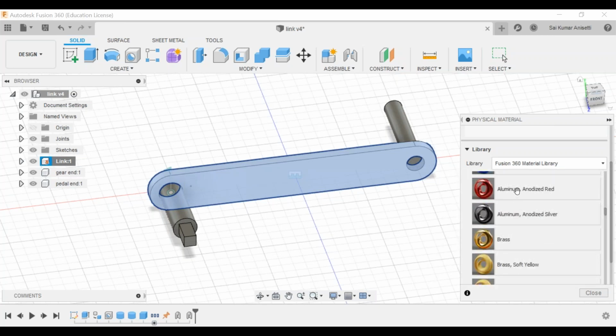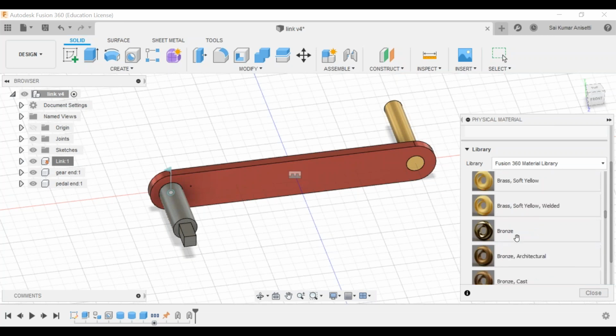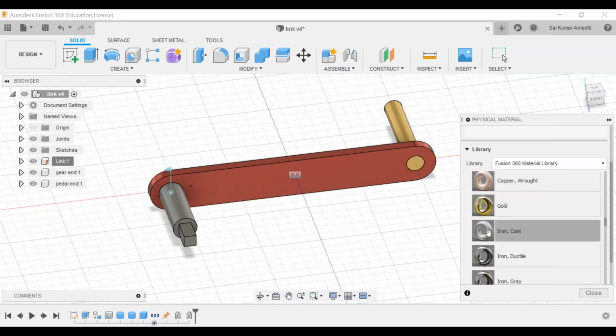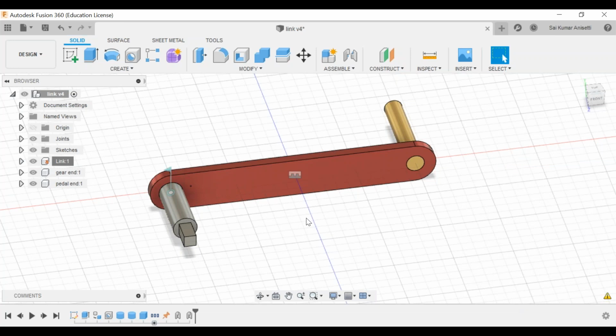I'll give anodized red aluminium for the time being. I'll just go with brass. I'm giving some random materials to show a color difference between what I'm actually doing. Okay, I'll go with iron, gray cast iron for this. Just close. Okay, that became a cool element.